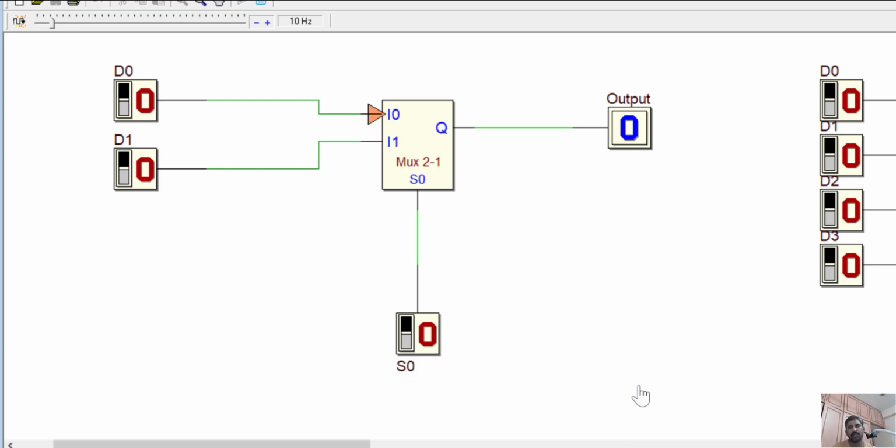Now we'll try to see the simulation of the 2 into 1 multiplexer. So this is a 2 into 1 multiplexer, and these are my data bits D0 and D1, and this is my select input. If you look at the simulation here, the moment S0 is 0, you can see there is an arrow mark. That means this data line is enabled. So if I make D0 1, 1 will appear at the output side. If I make it 0, 0 will appear. That means when S0 is 0, the data D0 will be transferred to